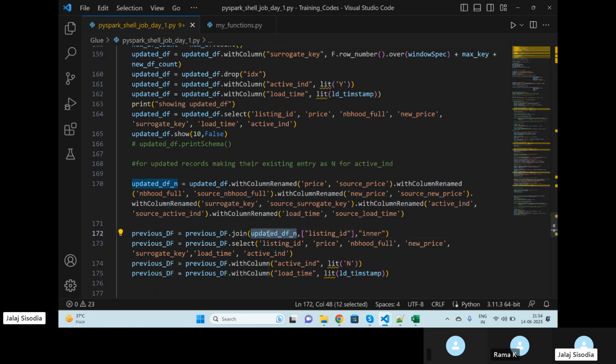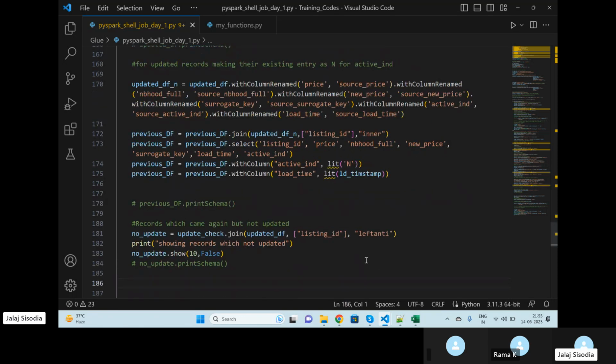Only two entries will be there in the updated df N because it is equal to updated df. I am going to take two records here, apply an inner join, and get two entries in the previous data frame. Those two entries I'm going to mark as N because now those two records are not active. I am simply going to take those two records and do